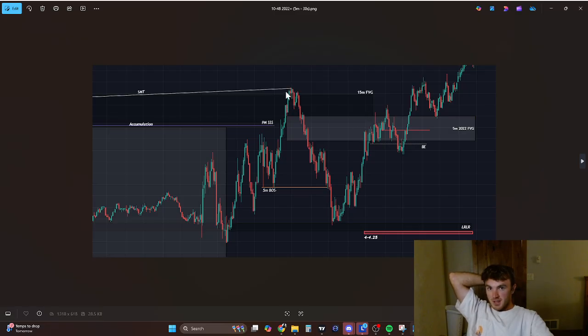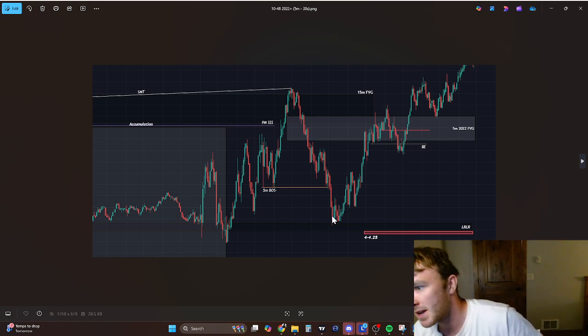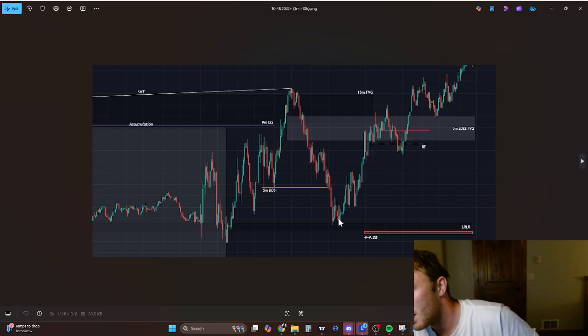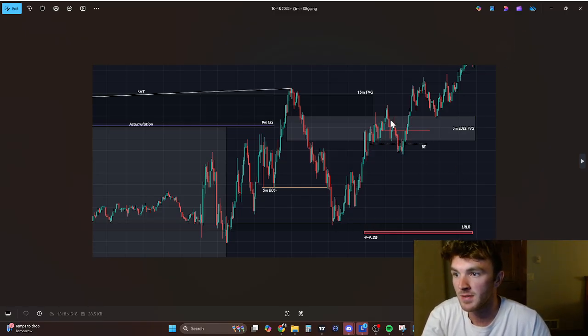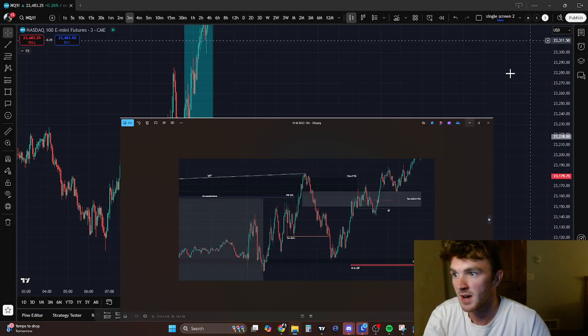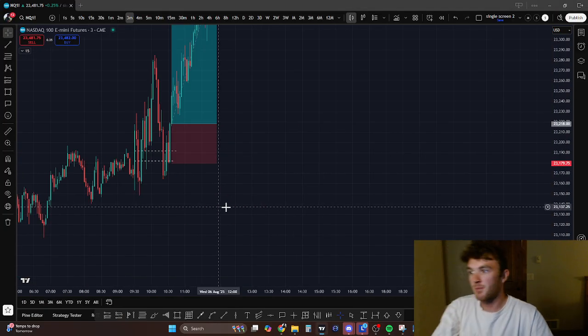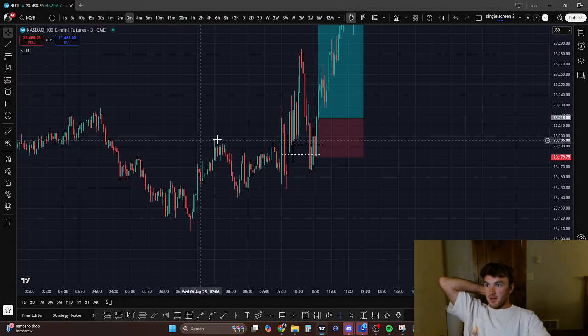So we retraced to this 5-minute 2022 gap in premium. I tried to enter on a 30-second change state delivery to go lower, and we had these lows down here aligned with that 4th standard deviation. Luckily, I went break even very fast, and I got break evened out. And a big reason why that didn't work out is because